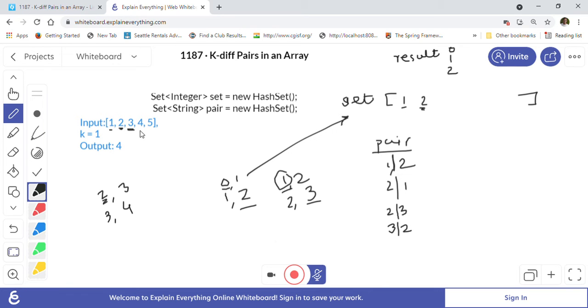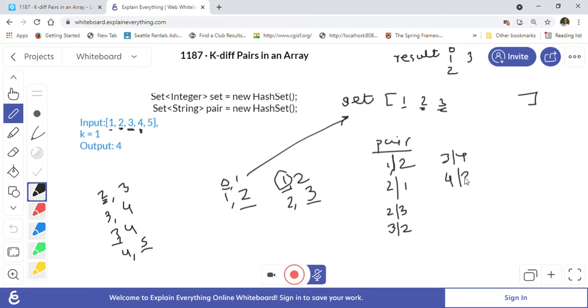Now after that we will go to 4. When we are checking 4, we will check if there is anything like 3 comma 4 or 4 comma 5 there, right? So 5 or 3. 3 we will find, because 3 is already in the set, so we will find 3 here. We are finding one more pair, so we will increment our result by 1, so it becomes 3, and we will make one entry into our pair set for 3 4, so it will become 3 bar 4 and 4 bar 3.